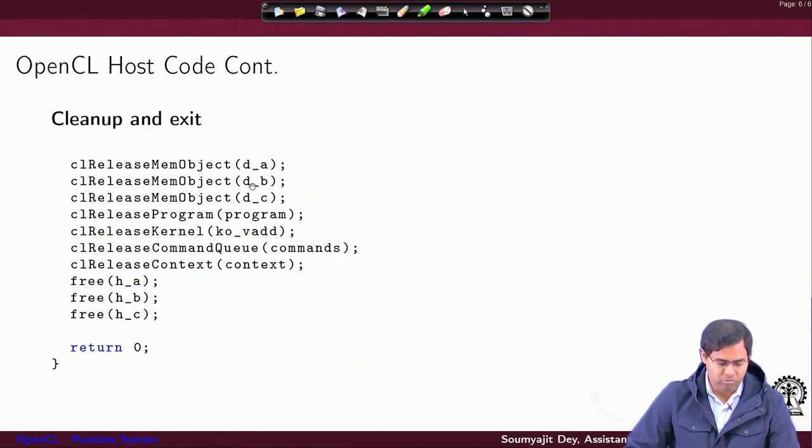You remove memory objects, then you remove the program object, you remove the kernel. Once these are done and the command queue is also released, then you release the final context. And also you release the host side arrays HB, HC, the system becomes free from all the defined and allocated data, and then you return back gracefully from the code.